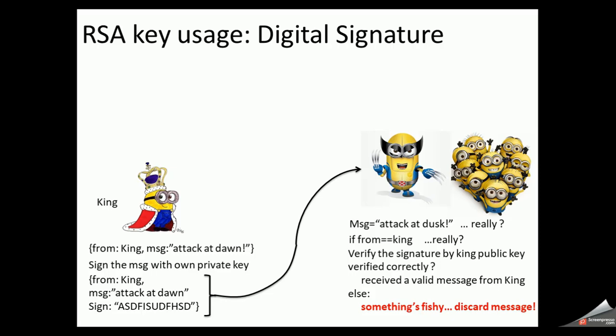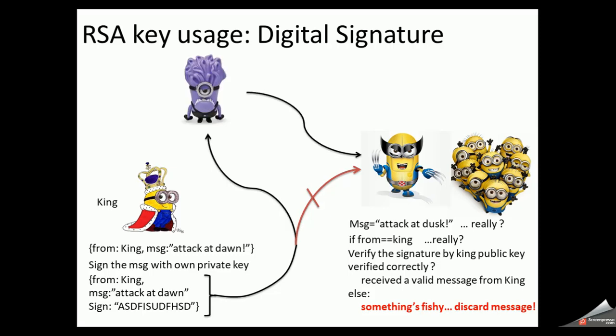The soldier will identify that something is fishy and will discard the message. Well, what happened in between was something like this. The message coming from the king was not directly delivered to the soldiers. Instead, there was another guy in the path, we can call him a hacker, who did some monkeying around with the network. Let's suppose the network is TCP, he tracked the HTTP packets and diverted the HTTP traffic, and by some means changed the content of the messages